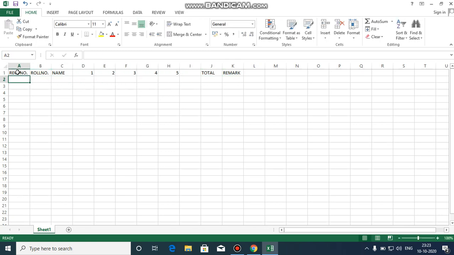So simply put the registration number, say for example I am taking ABC as an example, and its roll number is 39. Her name was Gayatri. If I gave her 2 marks in the first question, I will put 2, 1 in the next, say 2 in the third, 1 in the next.